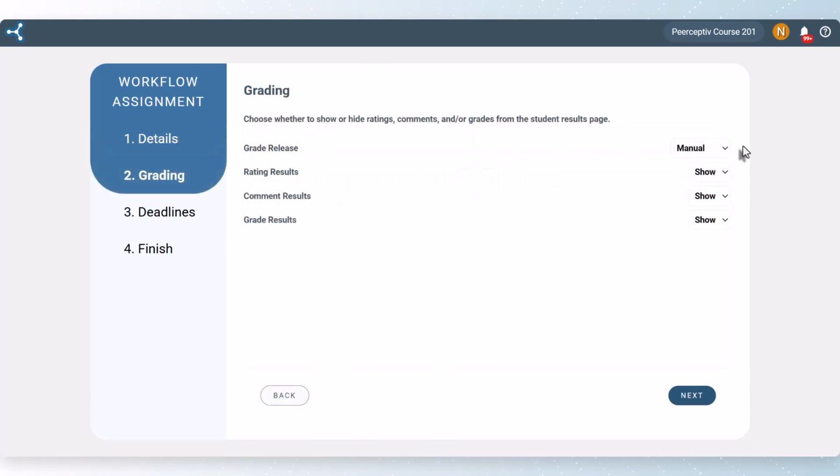Keep manual grade release to look at the assignment results and manually release them after the deadline. Keep show if you would like learners to see the anonymous rating, comment, and grade results after they're released. Choose hide if you want any of these results to be permanently hidden from learners. For instance, if comment results are hidden, learners will never see what their evaluators said about them, even after results